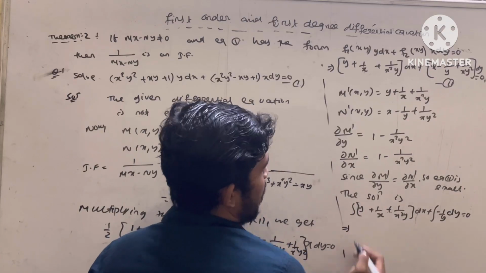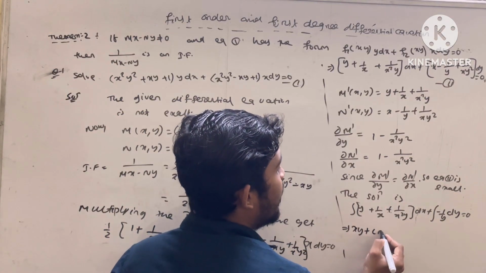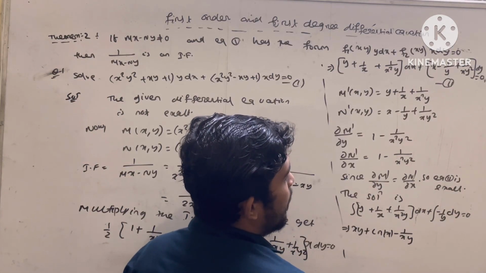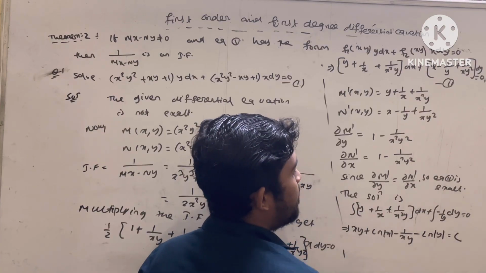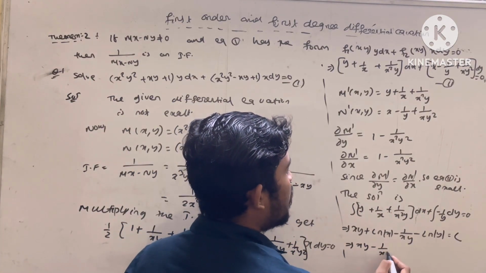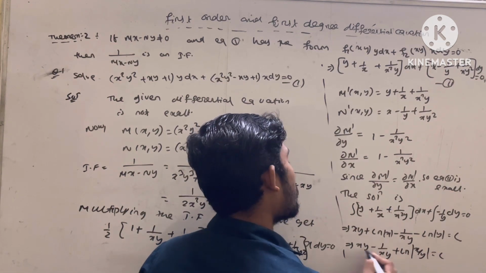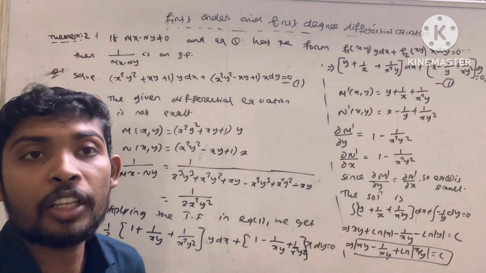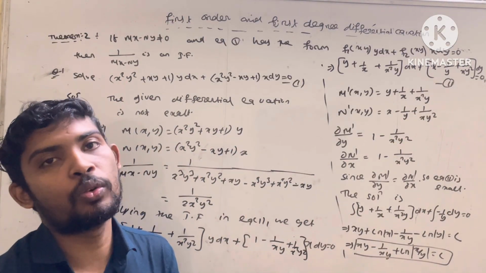So now here y is constant, so this is xy plus ln x, and this is minus 1 by xy, and this is minus ln y is equal to c. Okay, so this was xy minus 1 by xy plus ln x by y is equal to c. So this is the required solution of the given differential equation. I hope you understand this concept. Now let us go to